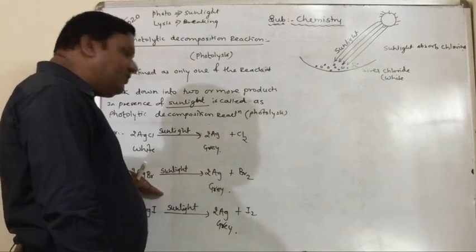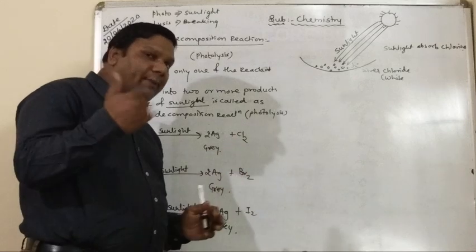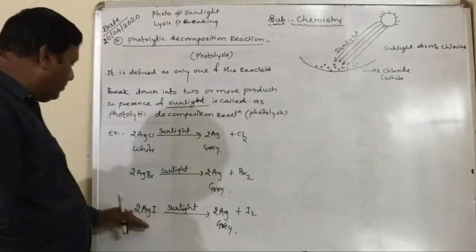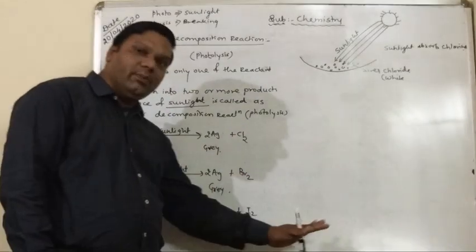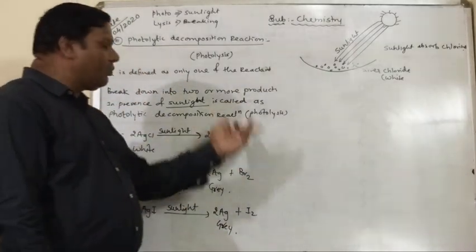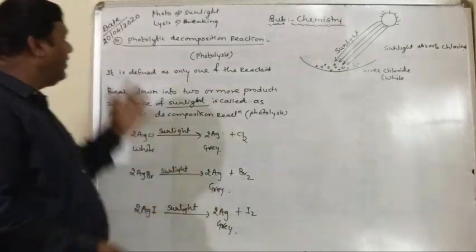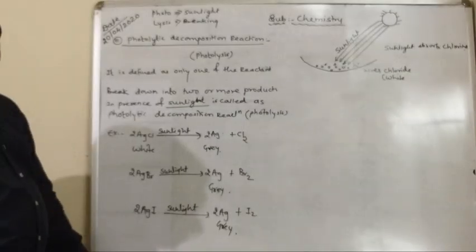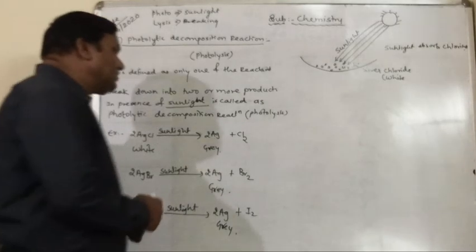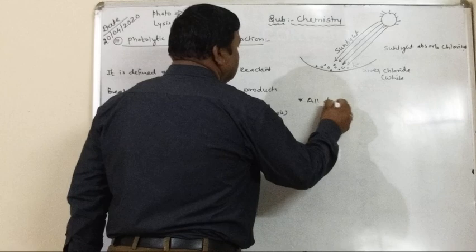Same thing for AgBr, silver bromide. In silver bromide also, bromine is absorbed by sunlight. Same thing, silver iodide. Iodine is absorbed by sunlight. So one molecule breaks down into two products. AgCl converted to Ag plus Cl2. It is a simple photolytic decomposition reaction, and you always remember all decomposition reactions